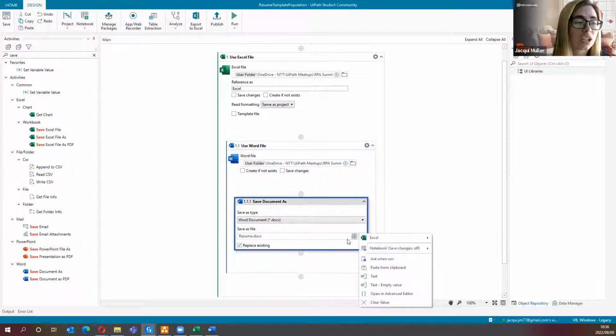Now, George was asking if we could actually make this dynamic, and yes, you can. So what you would then do is you'd open in Advanced Editor,